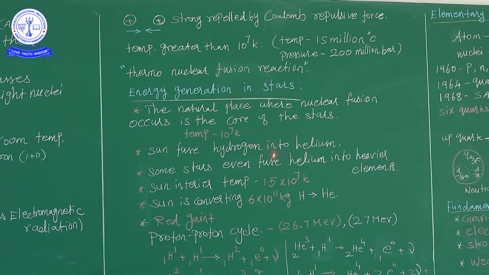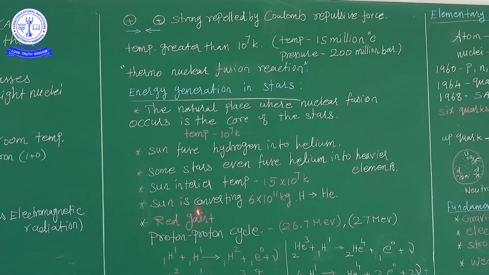The sun enters a new phase, that means the red giant. What is the red giant? The sun has completely burned its hydrogen into helium. The sun goes to another form, the red giant, where helium will fuse to become carbon. So all of the helium is fused to become a heavier element. What is the heavier element here? Carbon. During this stage, the sun will expand greatly in size. What is that period called? The red giant.